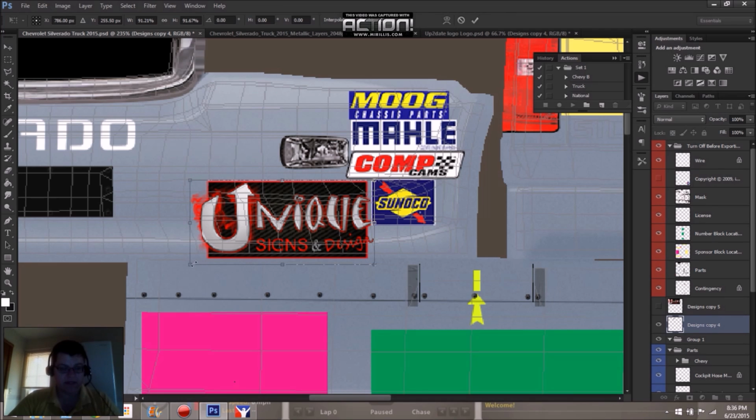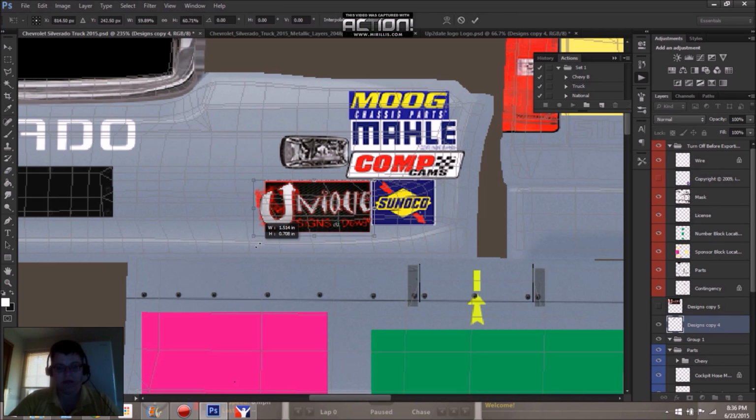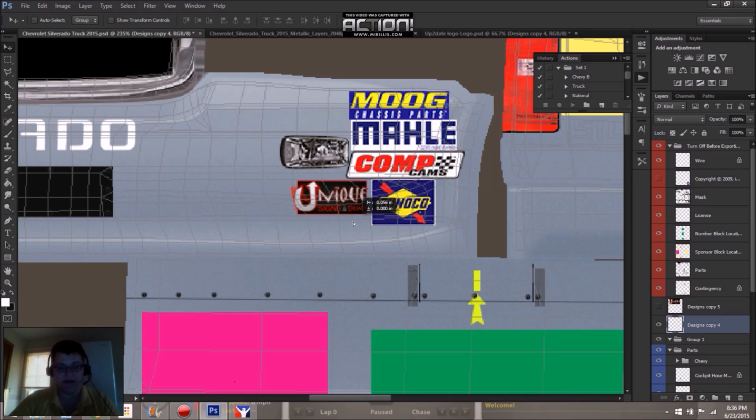Anyway, I hold down Shift and drag the corners, and that will keep everything in perspective, the right size, you know. And you want to try to make your logo look about the right size to fit in. Don't worry about readability so much. And then I don't know if I have an action for saving this. I don't. I guess you get to learn about actions while you're in this.